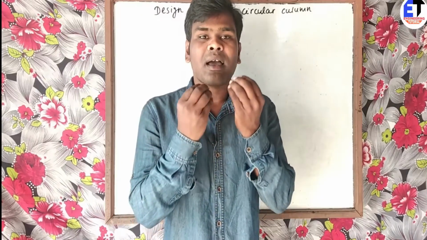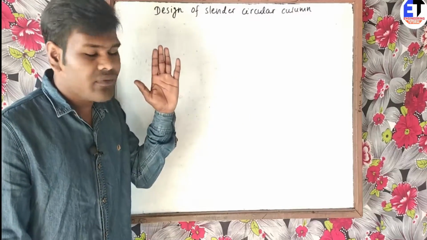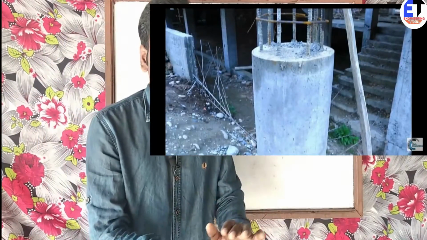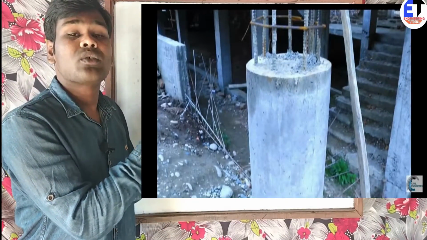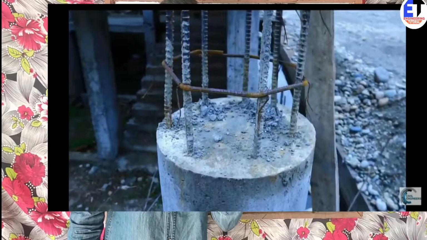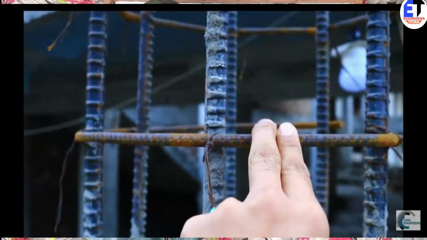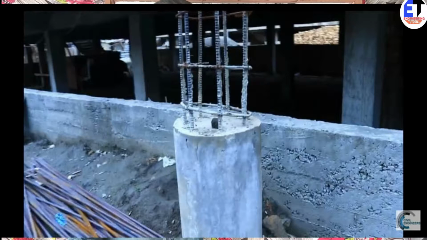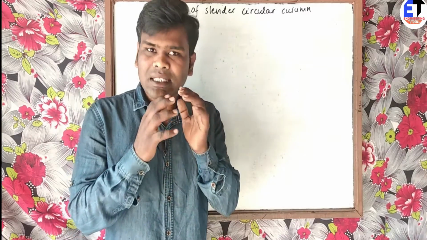First of all, if you have not seen a circular column in real life, I have taken so many pictures related to circular columns. Look at the pictures and analyze the figures: how circular columns are designed, how the steel bars are placed in the circular column, and how the ties or hooks are designed for it. After analyzing, you can go to the site and easily construct such a circular column. So let's start today's video.